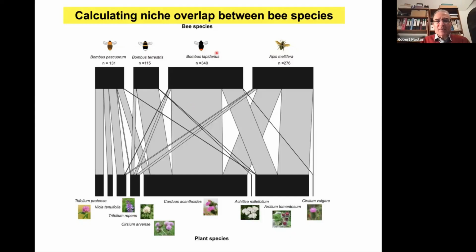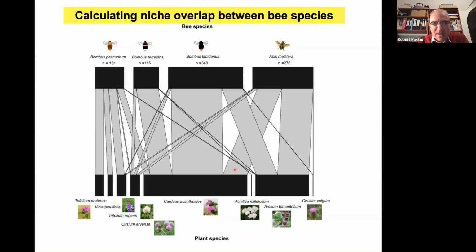So imagine these black and grey bars are composed of a series of lines, each line representing one record of a bee visit. Here we've got 276 honeybee visits. In these, there's 276 lines here. And these black lines representing these 276 observations at one of the field sites show you which plant species which flower it was visiting. All of these here were visiting this plant species. A few were visiting this plant species. Many honeybees were visiting this plant species, Carduus